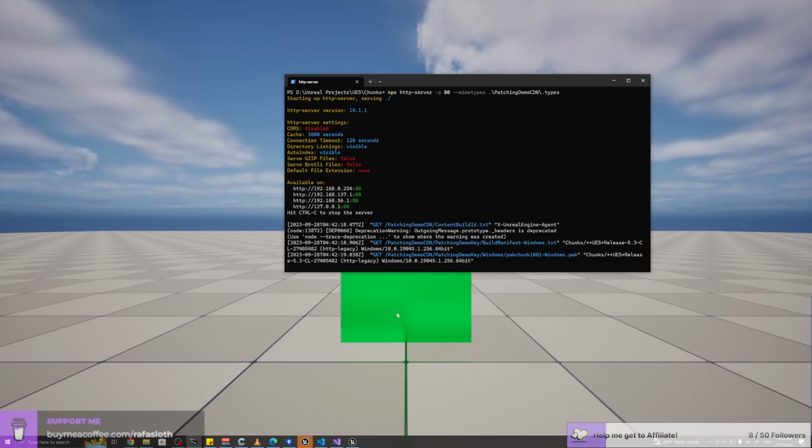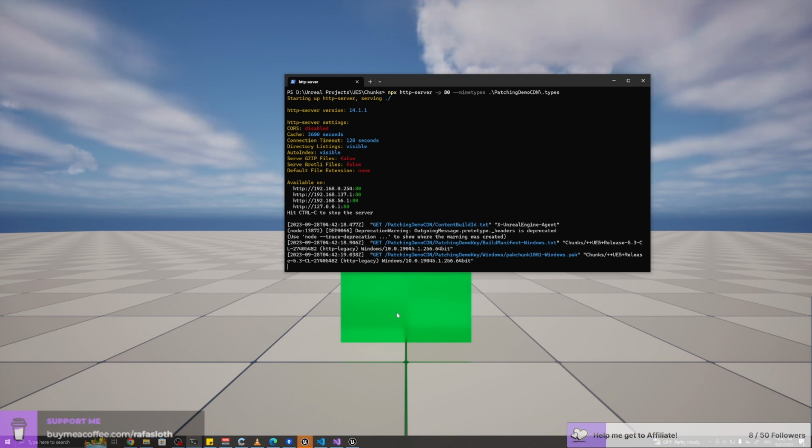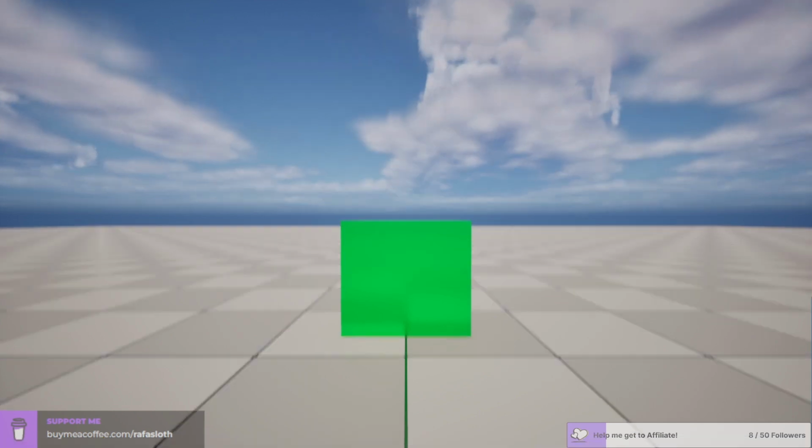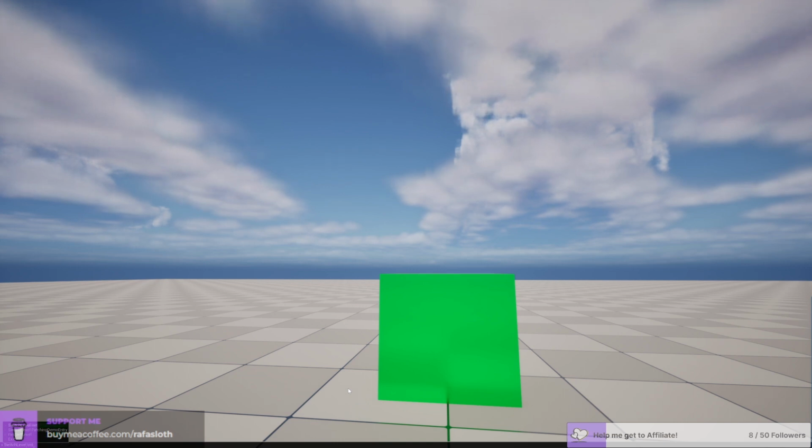Now, guys, this is gonna be interesting because now, in theory, we can do something like this. Let me just test if we restart the game, what happens.